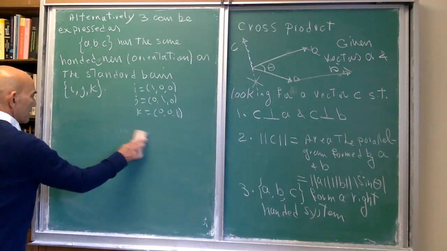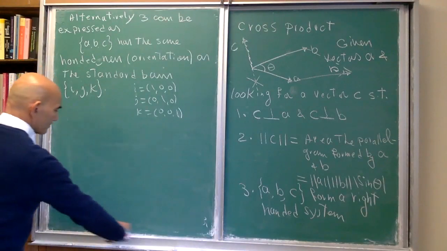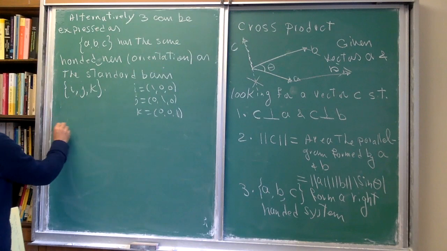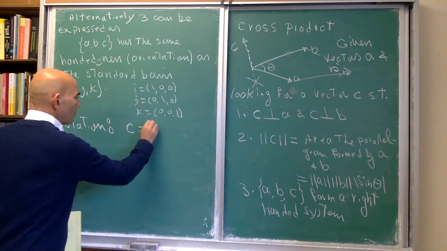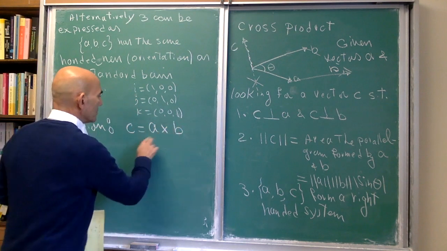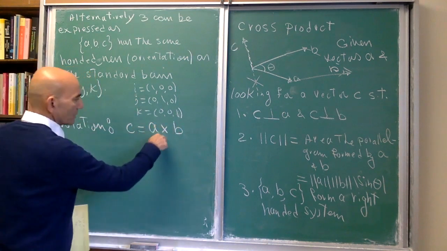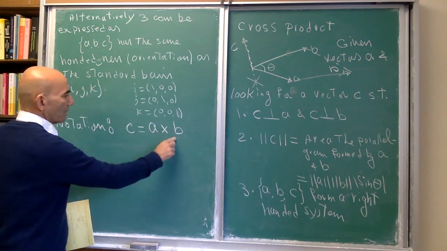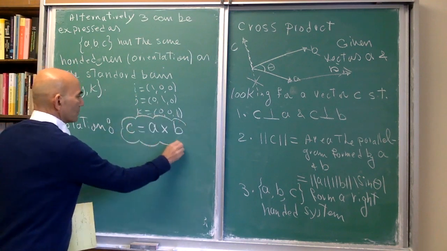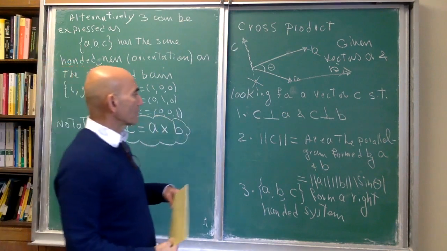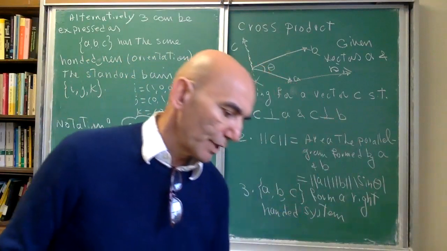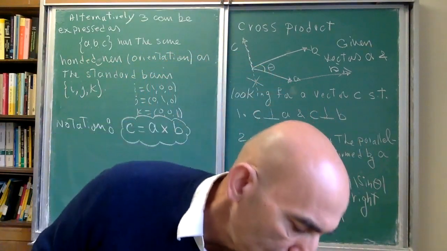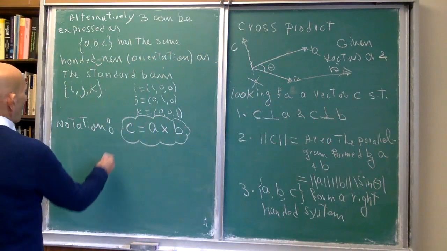So the notation is that C is denoted by A cross B. So A cross B, the cross product of A and B. So that's a very important notation. So now I can write properties 1, 2, 3 in the following form, right? These properties 1, 2, 3, we can just write it as, okay, so